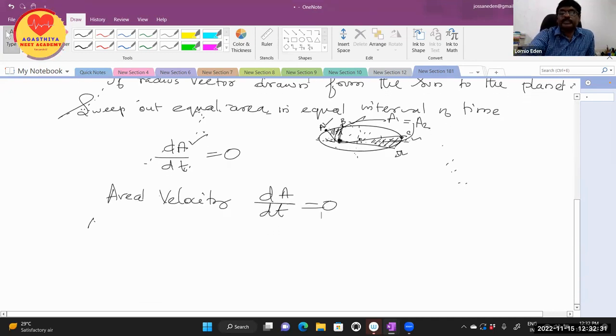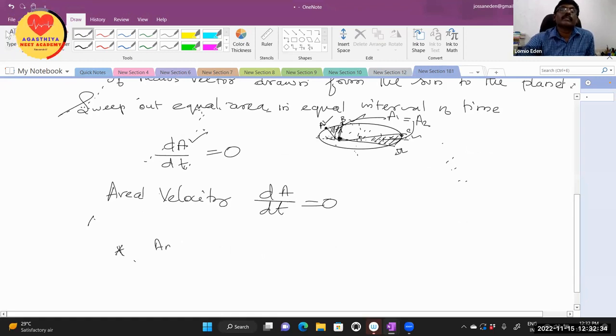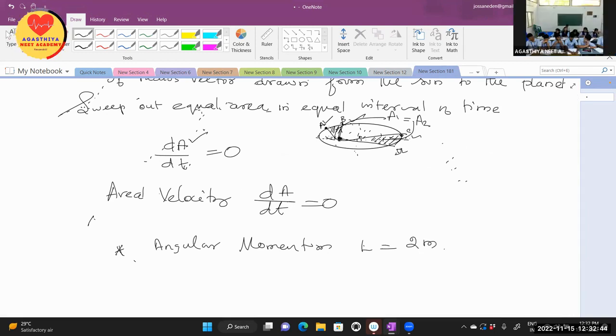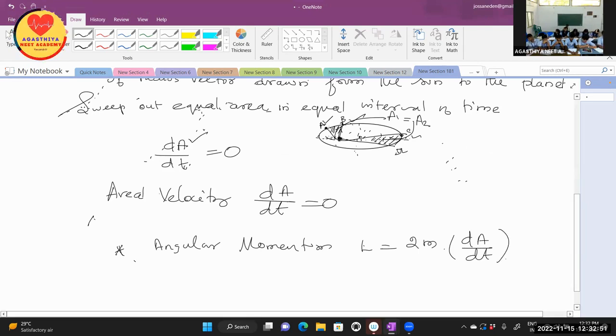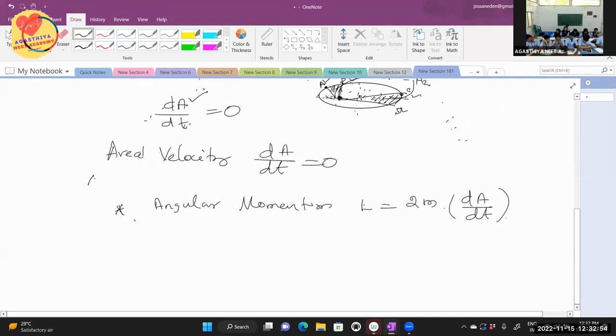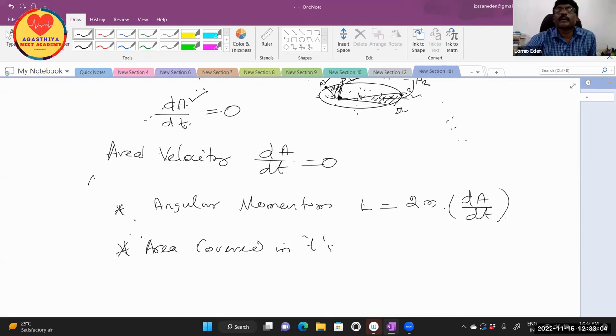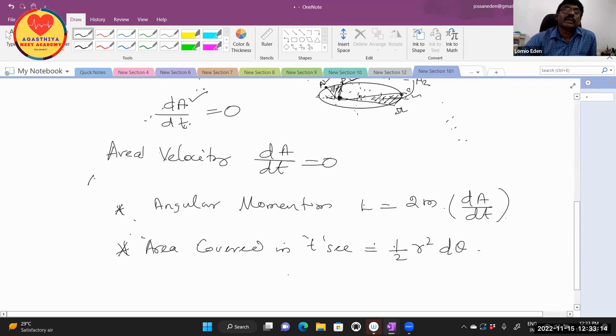Okay. Angular momentum. The area covered in t seconds, and the planet moving in the elliptical orbit, is r squared d theta. Therefore, the areal velocity